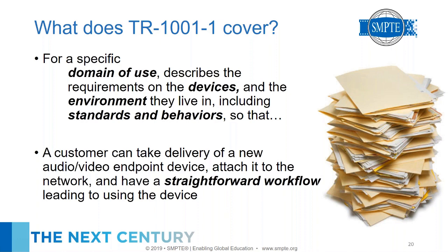Now, you'll notice I keep saying 1001-1. The -1 document covers a lot of stuff. There are some things it doesn't cover, and we fully expect to have to do a -2 or a -3 going forward to address the next level down of issues.